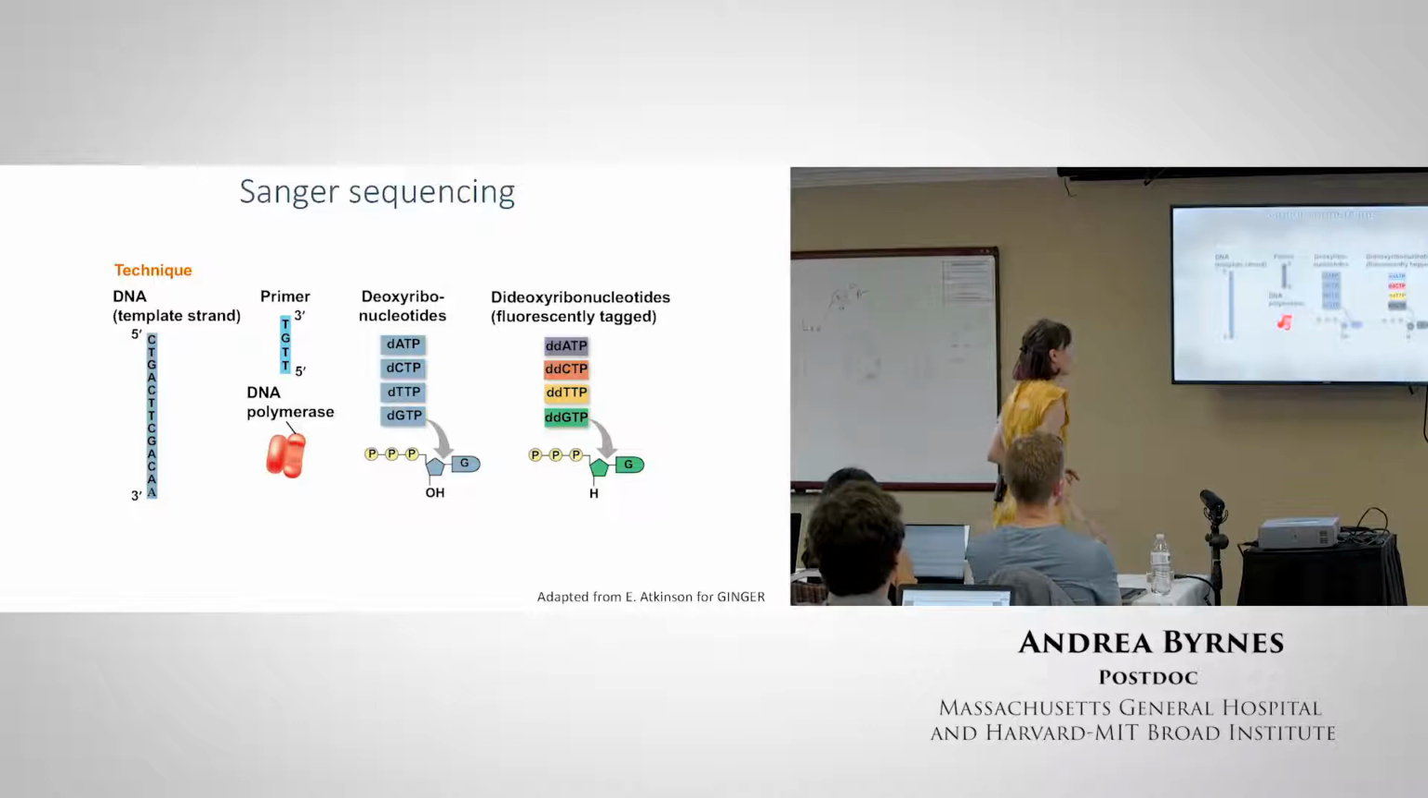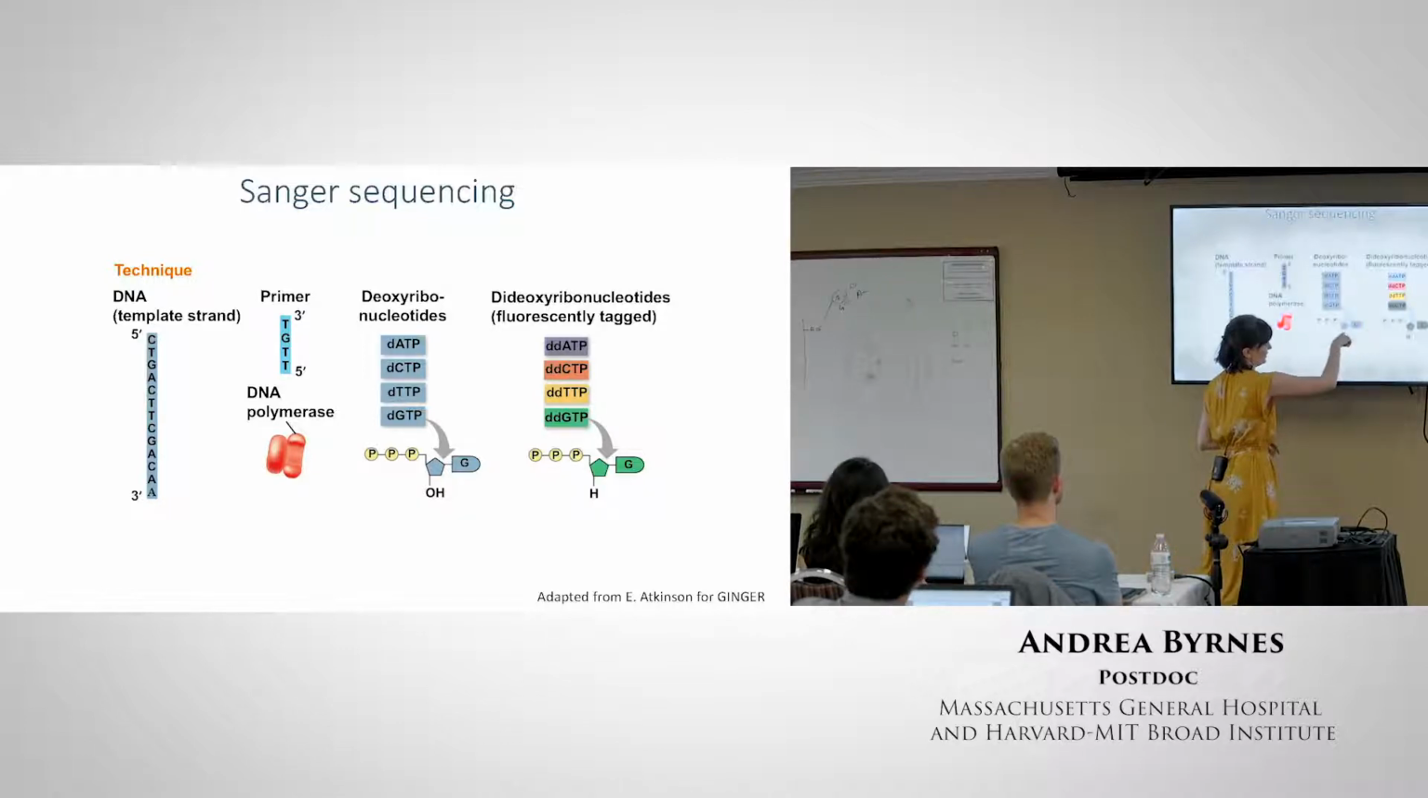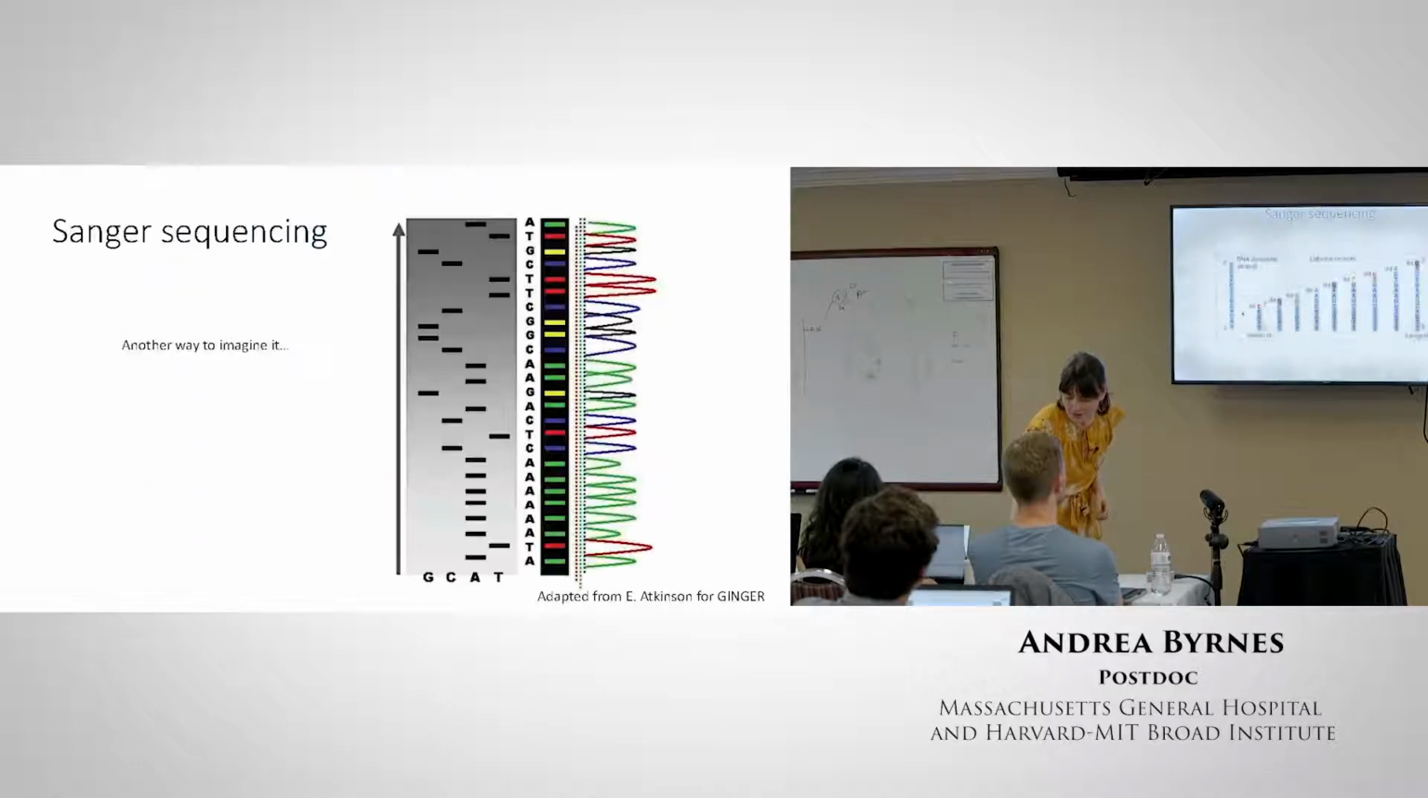This is a zoom in on what's actually happening here. So we have our strand, we have the primer that binds down here. We have a DNA polymerase and set that loose this way, and we look at which color gets added. So if you look at Sanger sequencing output,